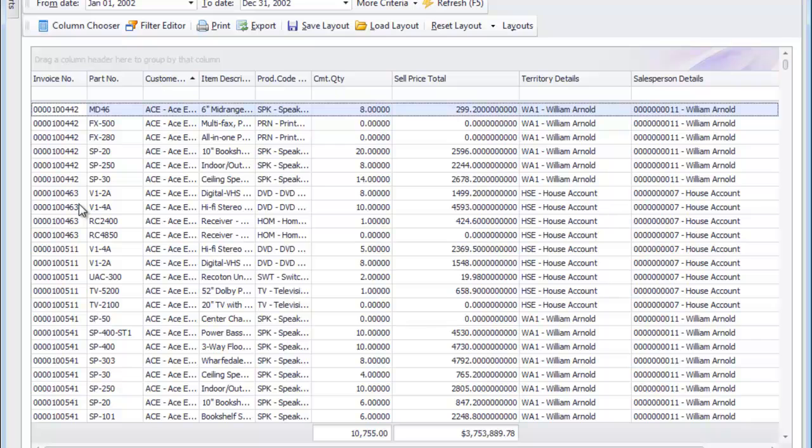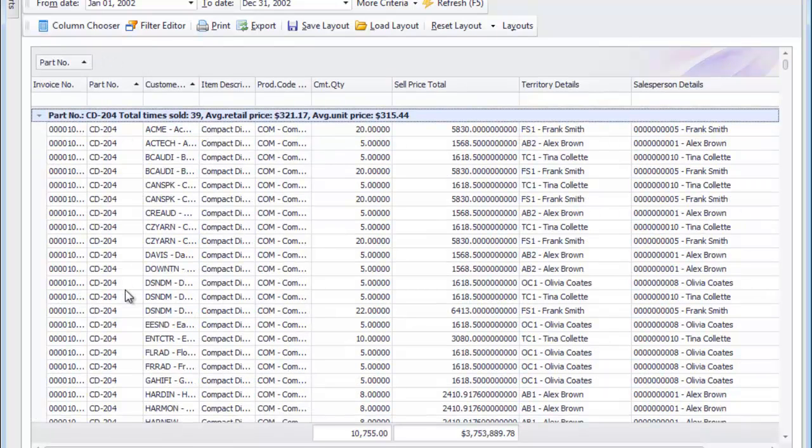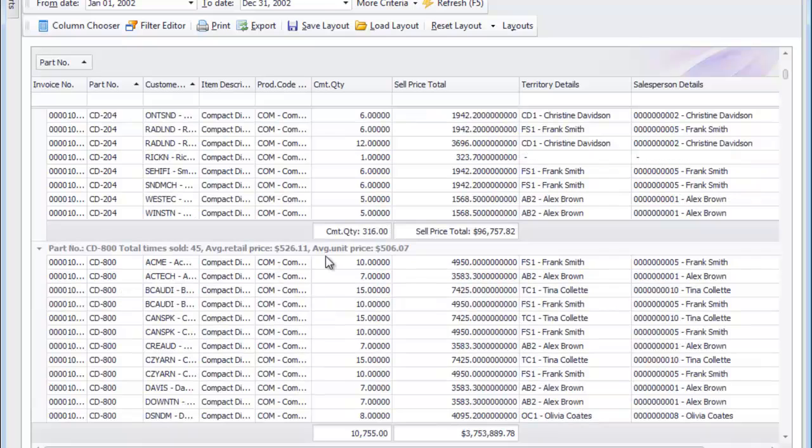And one of the cool things in the grid is that you can grab any one of these columns and drag it to the top, and it'll show you grouped together all the part numbers that you've sold, and even give you some default metrics. If you scroll down to the bottom, it'll show you the number of times that you've sold it in the range you've selected, the price that was yielded as a result of the sales of those items, and so on,